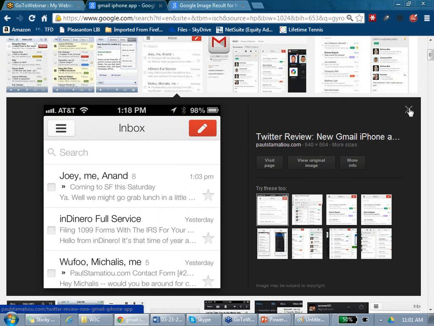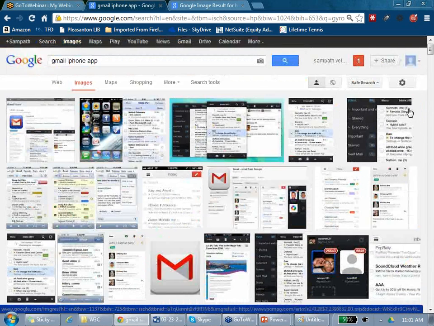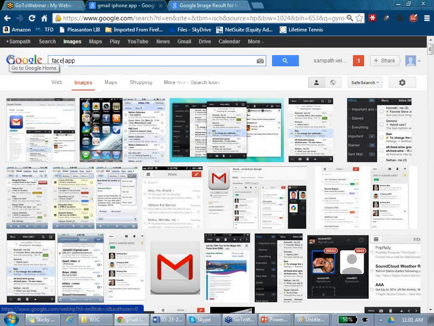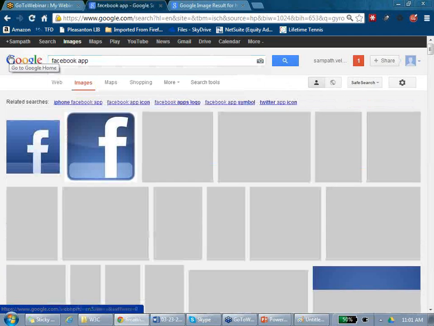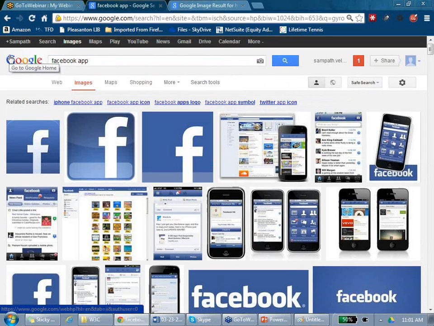For example, let's forget about that. Is there a Google Maps iPhone app? Or let's say Facebook. I think this will be very good for you. So is there a Facebook app for iPhone? App. I'm saying app. Can you go to mobile browser, open Google Chrome, and do facebook.com still? Can you still log in? Can you still type from there, chat from there? Can you still do all this kind of stuff?